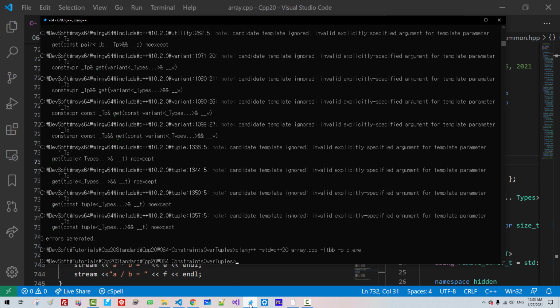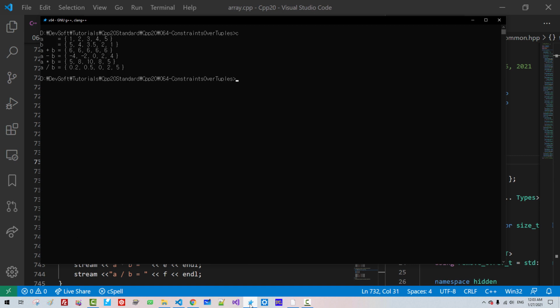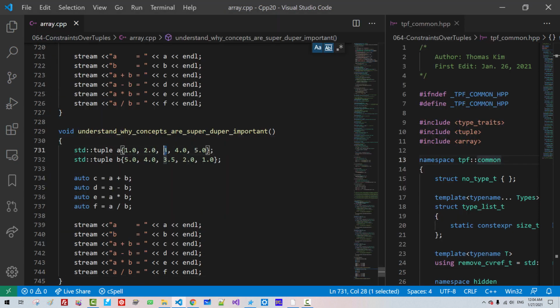It builds successfully. Now A is 3, B is 3.5. A plus B gives 6. The correct value should be 6.5. Why? This is obviously a wrong calculation. We will fix this problem in my next episode. The cause of this error is this: this is an integral type, and this is double. That is the reason for this error.